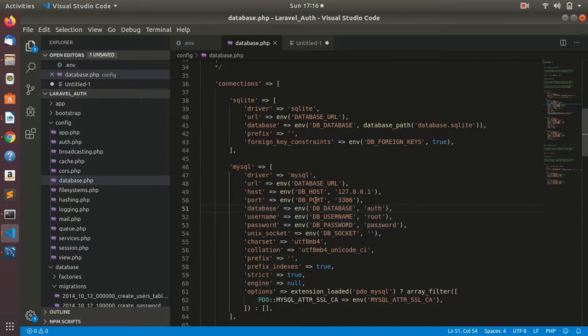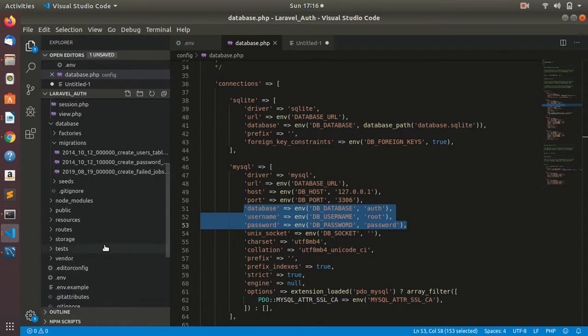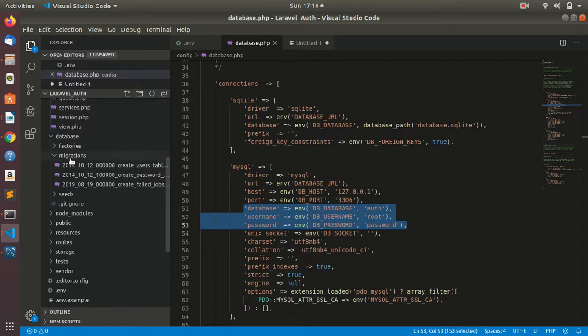So now we have created our database, but we also need to create some data tables so that we can store our users' data in it. But if we are using Laravel Auth and those commands, then we don't need to create data tables. There is a thing named migration in Laravel, which provides us some migrations, and these are the migrations.